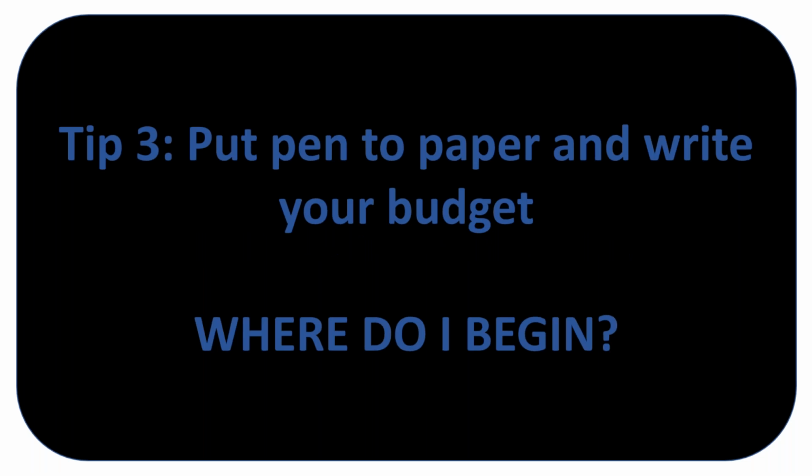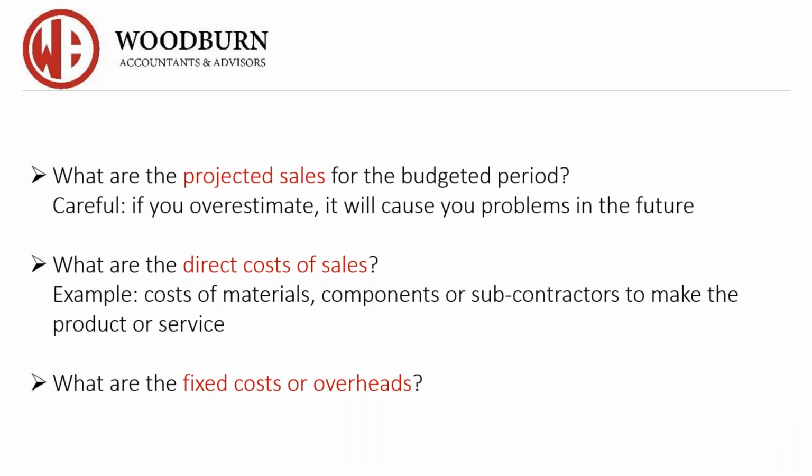The third step will actually be putting pen to paper, and obviously the biggest question I get from people who are non-numbers folks is, where do I begin? How do I start? Okay, so there are three things you have to calculate. One is your projected sales. One is the direct cost of those sales. And the other are the fixed costs or overheads that will appear within your entity. And again, for those of you that are finance people on here, I apologize. This is Basic Finance 101. This slide is more geared to those of you that aren't finance people.